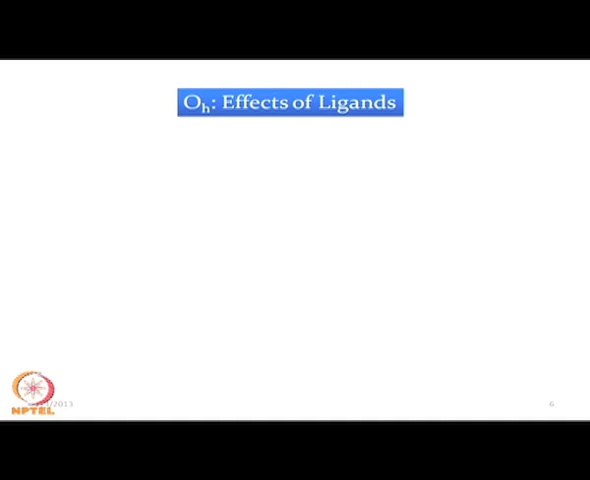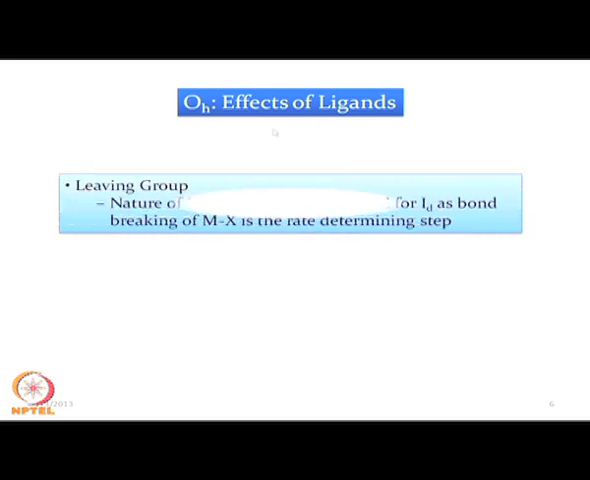Then we can see the effect of the ligands on the octahedral geometries. In octahedral geometry, how does the ligand affect the substitution reactions? So, we can have again, like our square planar geometry, the leaving group, that means how the group X is important. So, the nature of X is important, as expected from an intermediate dissociative pathway. So, it can be a dissociative pathway, but of intermediate type, not fully dissociative or fully associative,